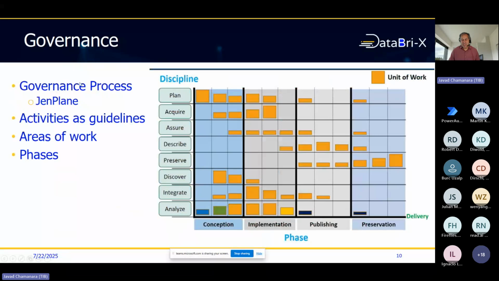So from the governance perspective, this is usually a data-intensive project management practice. If you are familiar with different data life cycles, this is basically a life cycle, but it's not like a cycle. It just has been stretched into two dimensions, like the vertical dimension here is the areas of work that you